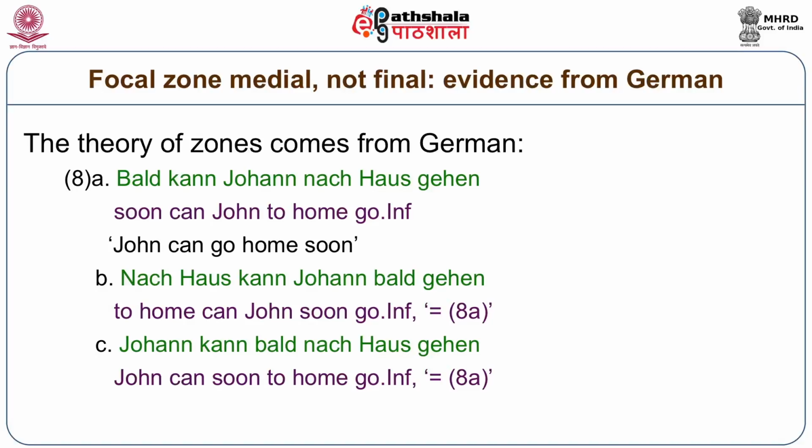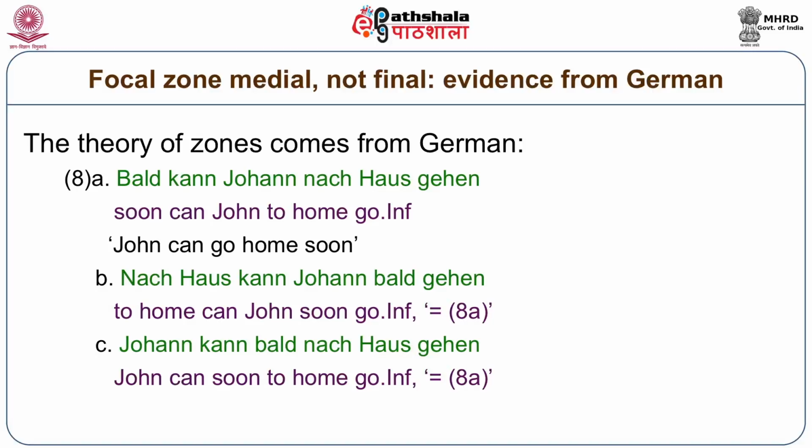The middle zone of the German sentence, the focal zone, extends from the first goalpost to the second goalpost. The first goalpost is the complementizer, or the fronted finite auxiliary in the root sentence. The first goalpost in an embedded sentence is the complementizer. The first goalpost in a root sentence is the fronted finite auxiliary that takes the place of the complementizer. The second goalpost is the infinitival verb that is at the start of the verbal complex.